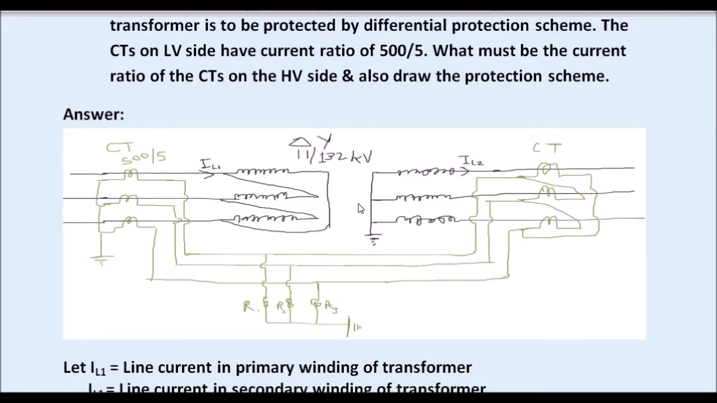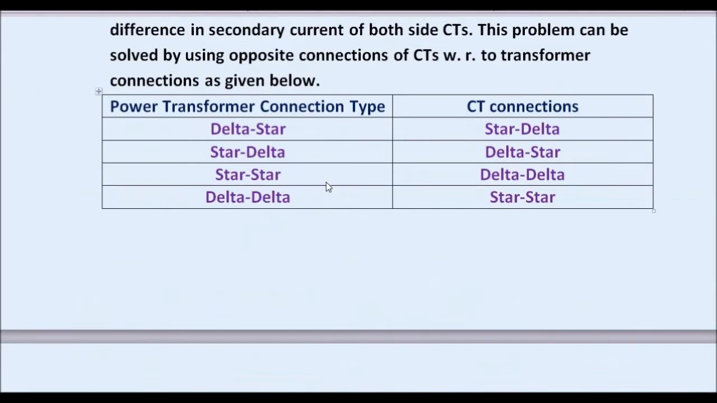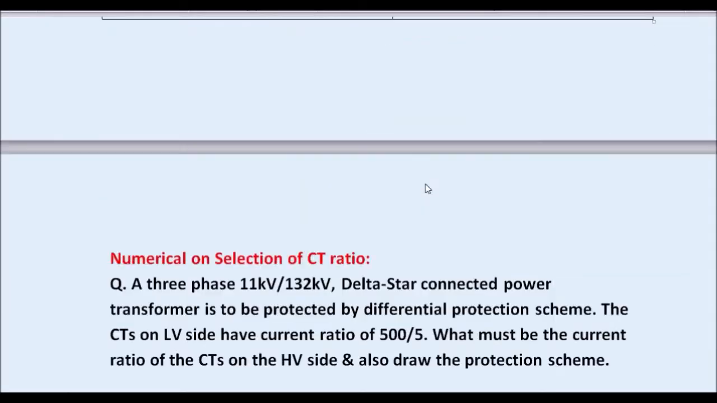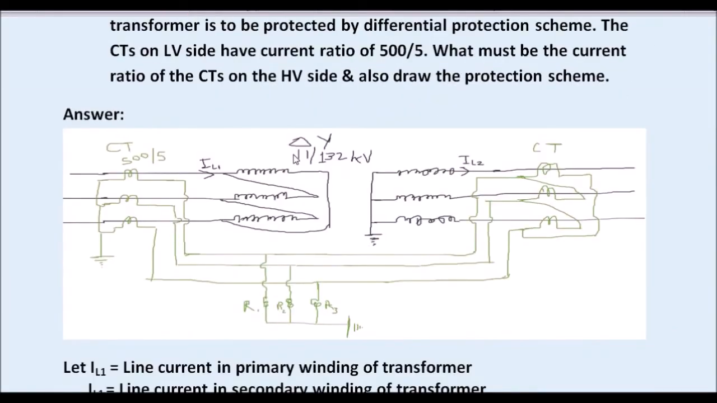As this is a delta star transformer, as per table, for a delta star power transformer, we have to select CT connections as star delta. So on delta side of the power transformer, I have made the CT connections as a star, and on star side of power transformer, the CTs I have selected as a delta connection. Now